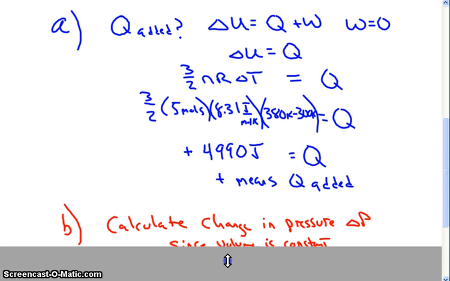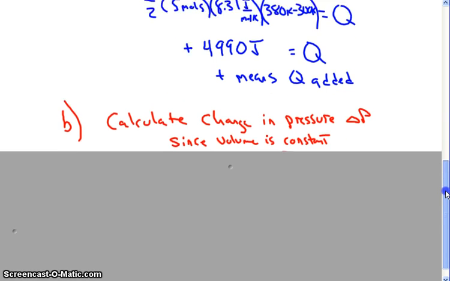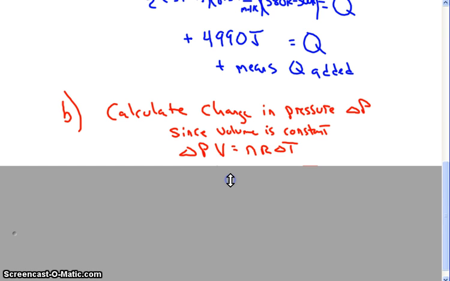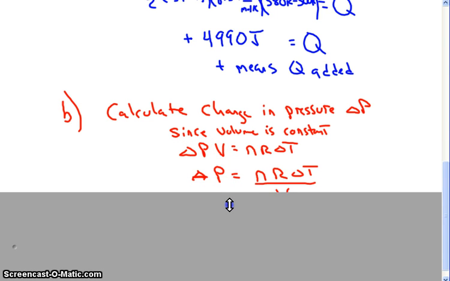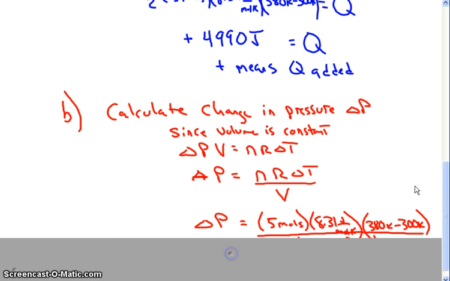The second thing they wanted to know about is what the change in the pressure, delta P, of the gas would be, since we're holding the volume constant. If you're increasing the temperature, we're going to have to increase the pressure. It's like a pressure cooker. So in this case, we can use a form of PV equals nR delta T, and we're changing the pressure here, holding the volume constant, so solving it this way will work because we're not varying the volume. And solving for the change in pressure,